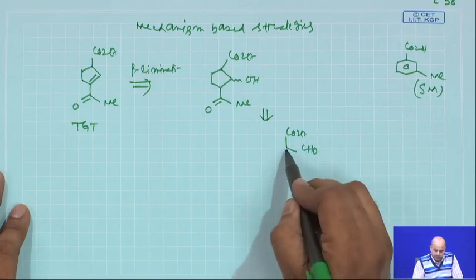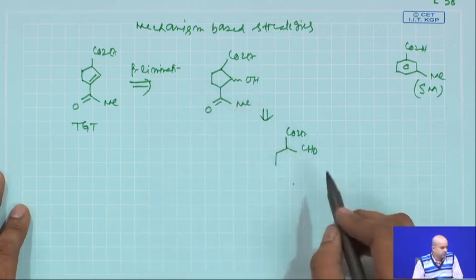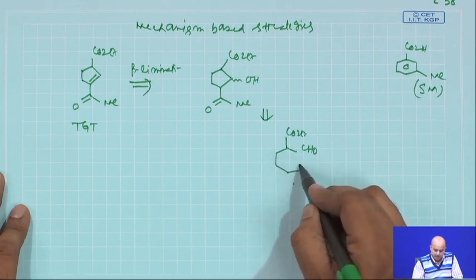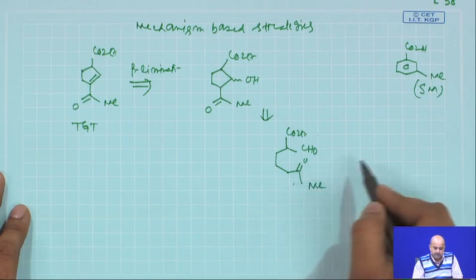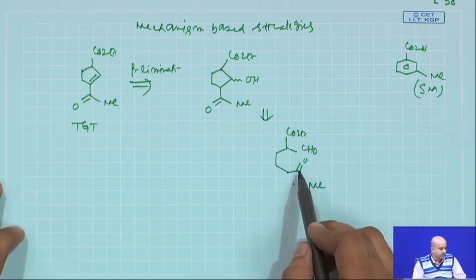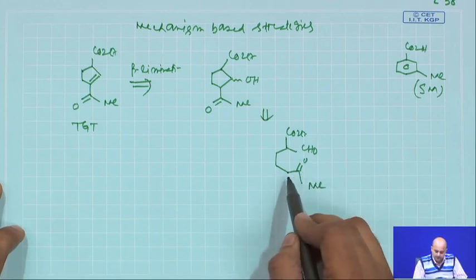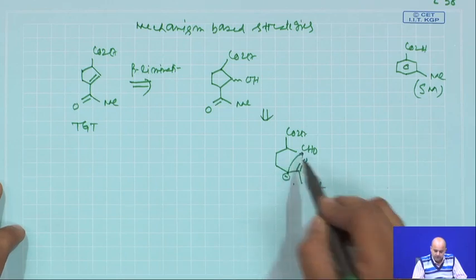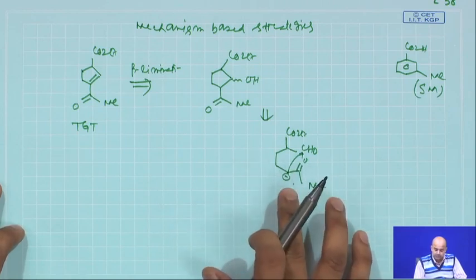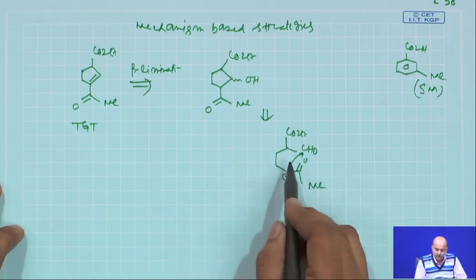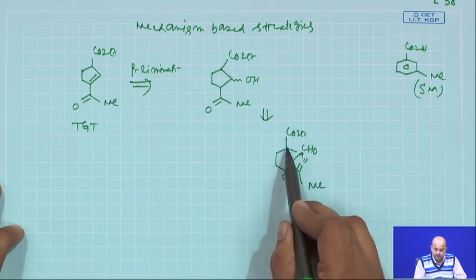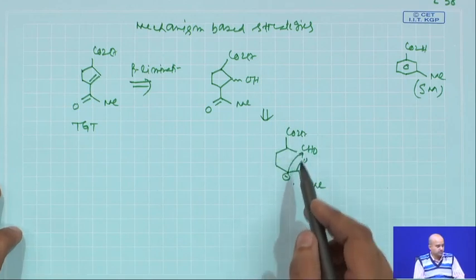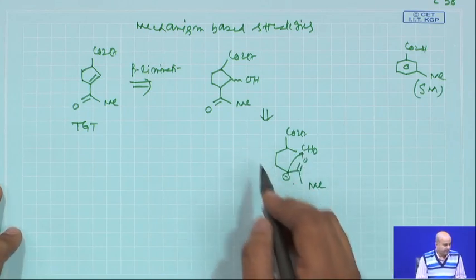So if you have a compound, you put CH2, CH2, CH2, three CH2 will be there, then methyl, and this particular compound, you will be trying to have this anion which will be reacting here. We will come to this a little bit later on. You will find that there are other anions, like this anion is extremely acidic because it is linked with CO2 and CHO, but in reality the ketone form, we will come to it a little bit later on. Now, see how